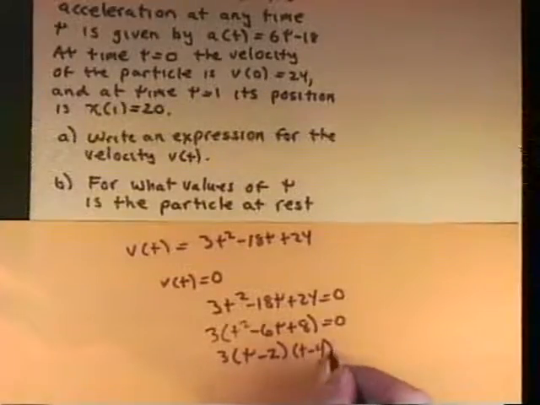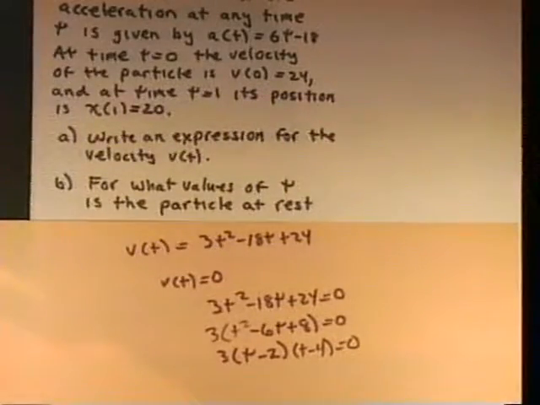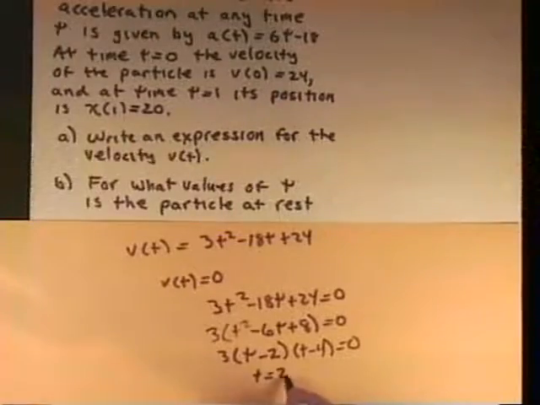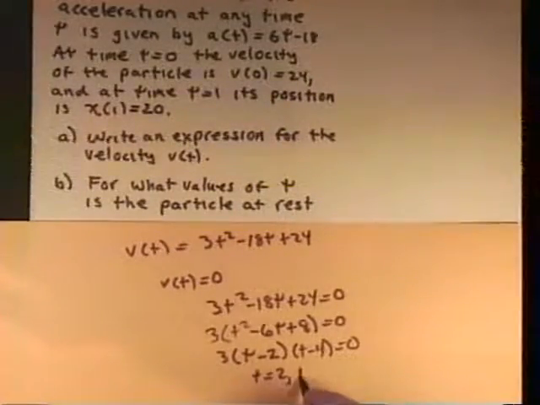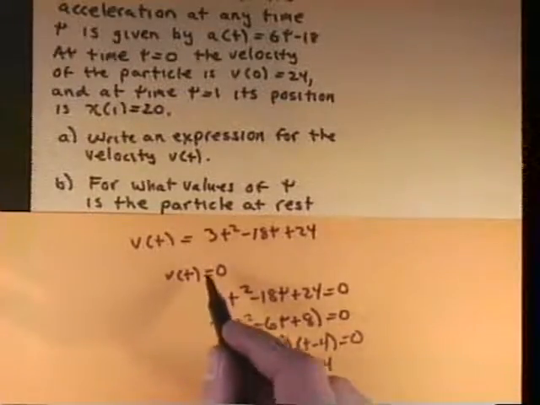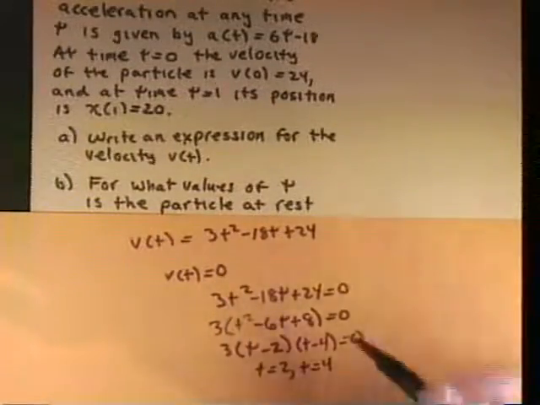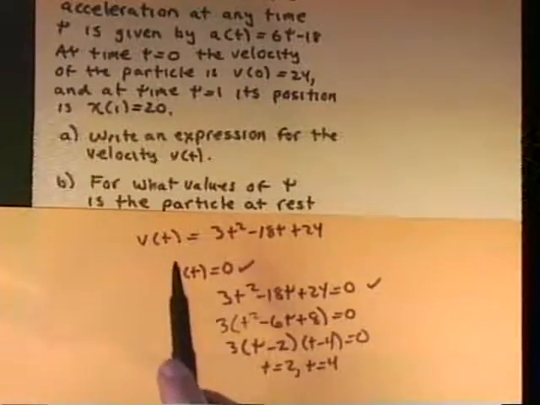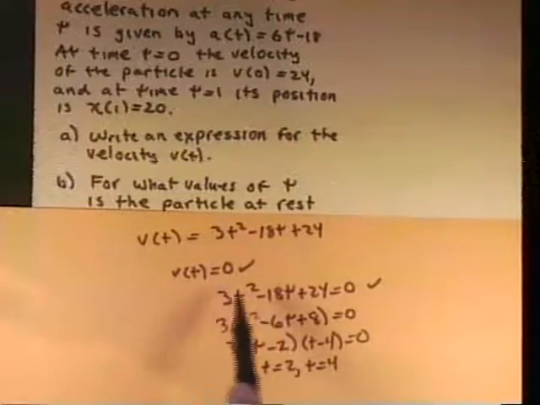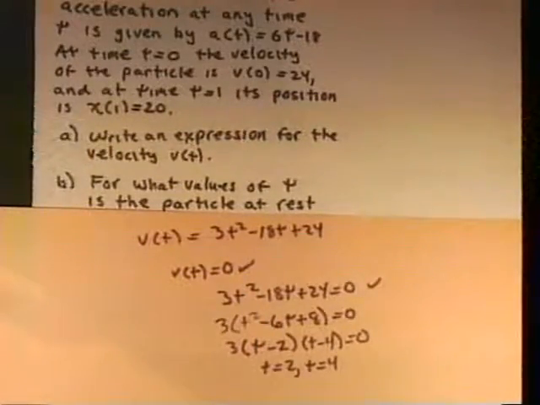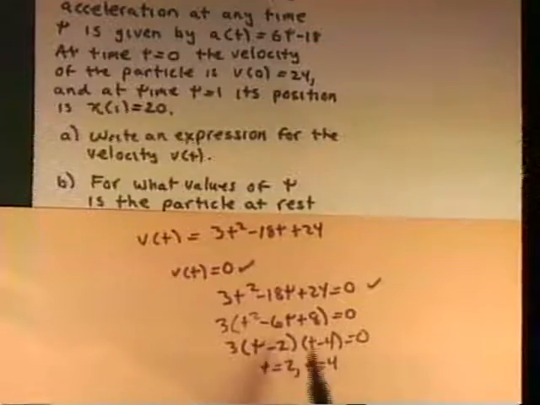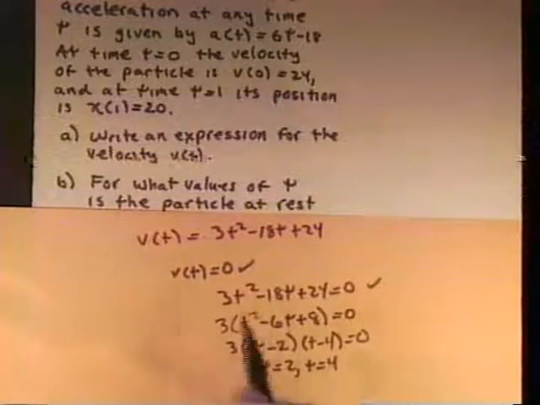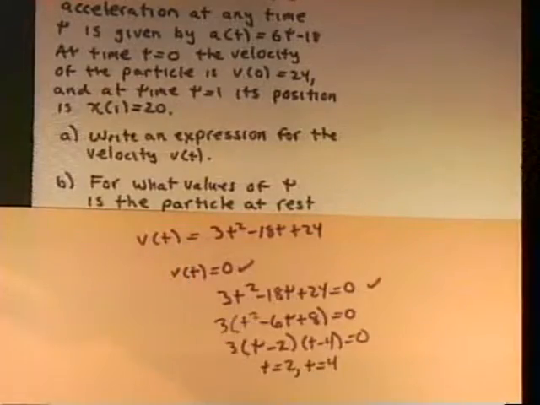So therefore, when's the particle at rest, Jermaine? T equals 2 and t equals 4. Right. So you get a point for velocity equals 0 and a point for the answer. You can actually write out that the particle is at rest when velocity is 0, or just put down the equation, and that's how you get points. If you just wrote down t equals 2 and t equals 4 because you could do this all in your head, you'd only get one of the 2 points. You have to tell them that you know that the velocity is equal to 0. Isn't that exciting, Jermaine?